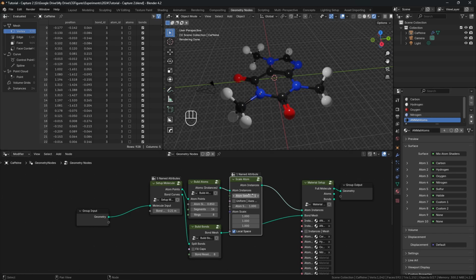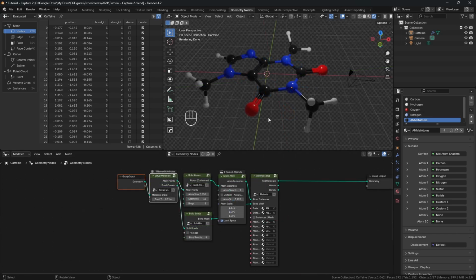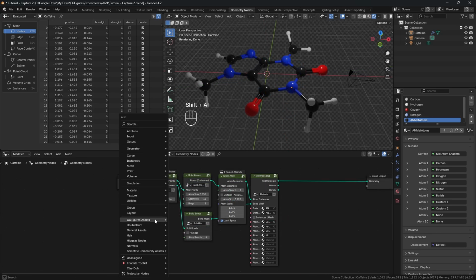In this case, we want to modify the hydrogen, so I'm going to change the selection to 2, and then I can adjust the scale of just that atom right here. If I wanted to, I can also enable non-uniform scale, and then I can adjust the atoms in a specific axis. It is still possible to modify the individual bonds by manipulating the curves, and you can see under atomic